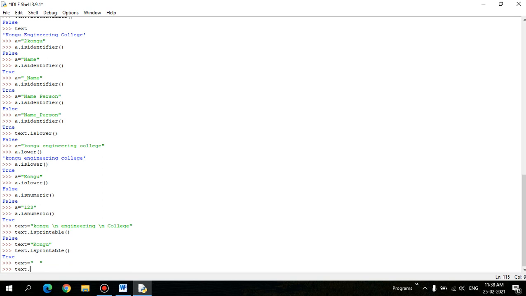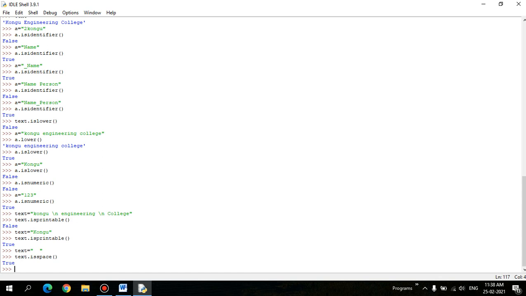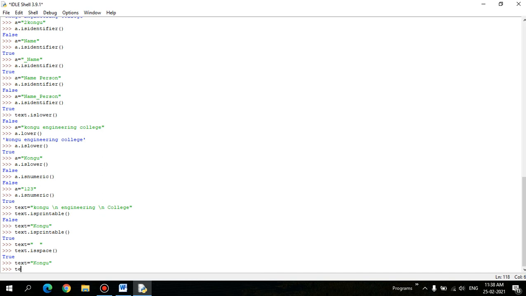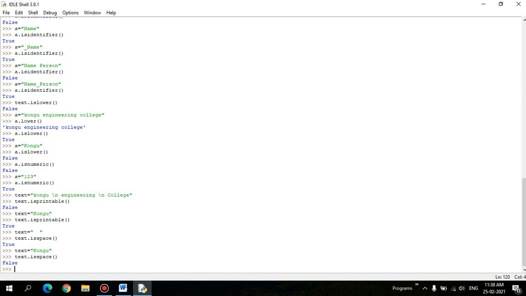So string dot isspace returns true, because in my string it is an empty string, it doesn't have any characters, it just holds only spaces. Because it is a Boolean function, it returns true or false. And I have text dot isspace, so it returns false. So that is the mechanism here.